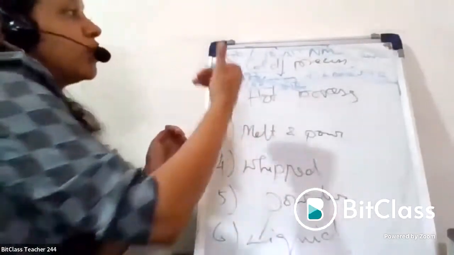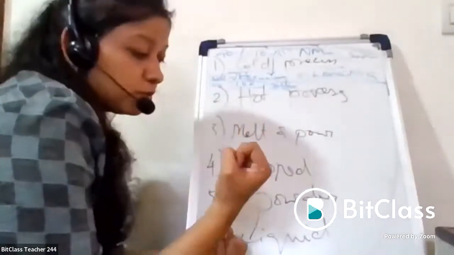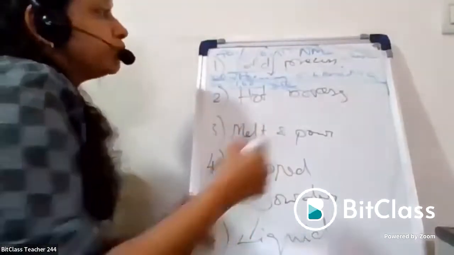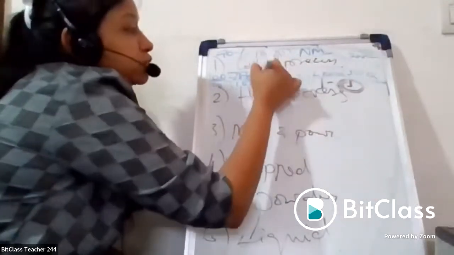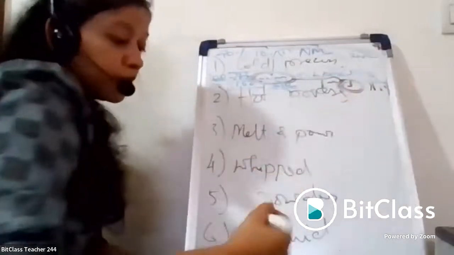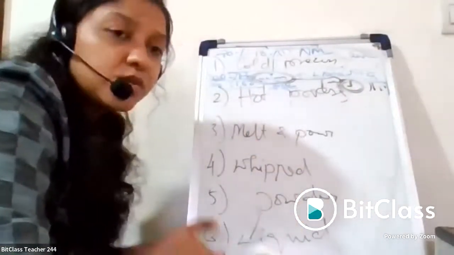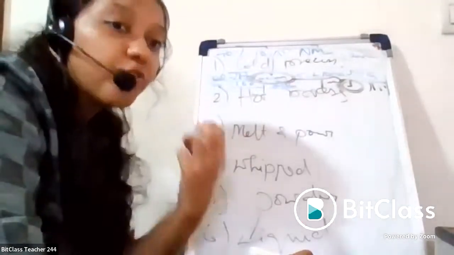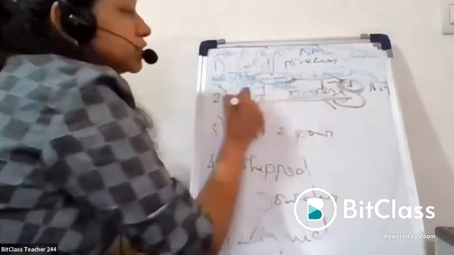Now the next point to note: there is only one small hold in cold process. If you make the soap today, you need to keep it a minimum of 25 days for the process called curing, wherein all the NaOH will evaporate. So if I make soap today, I have to wait 25 days to sell it. That is the small hold for which we created the process called hot process method.